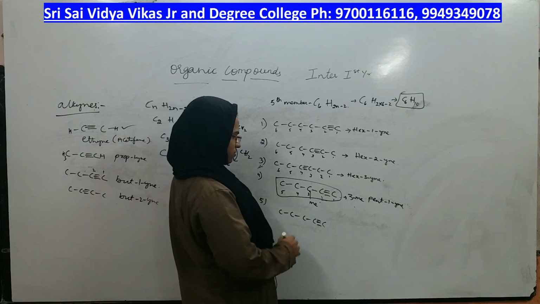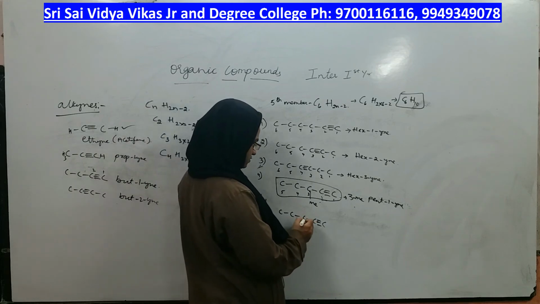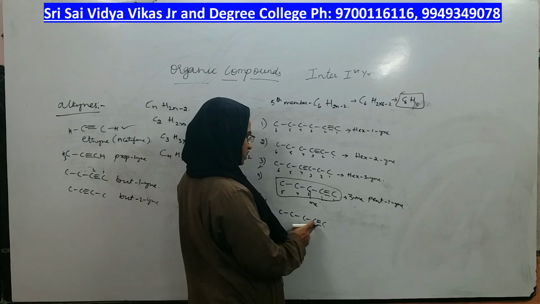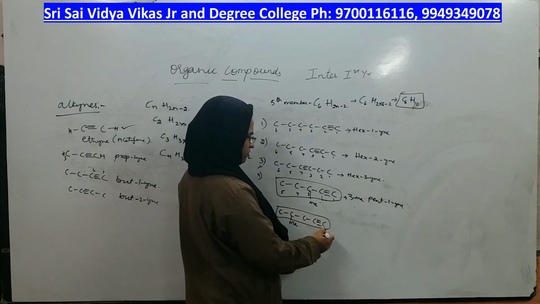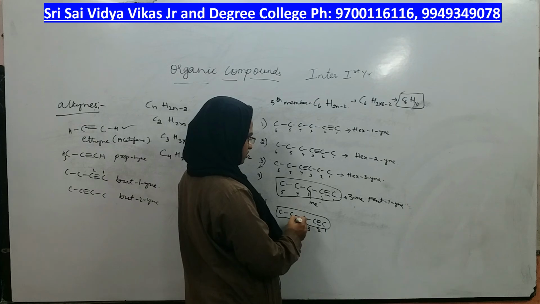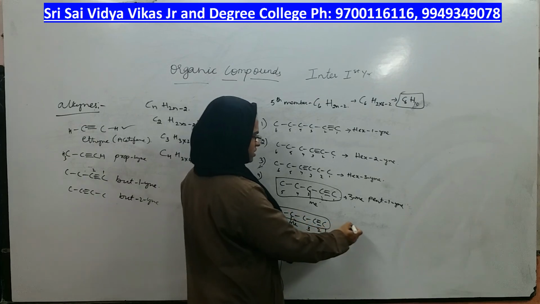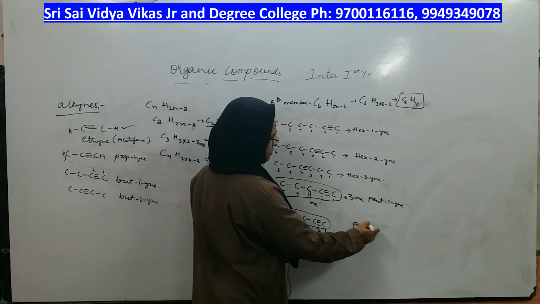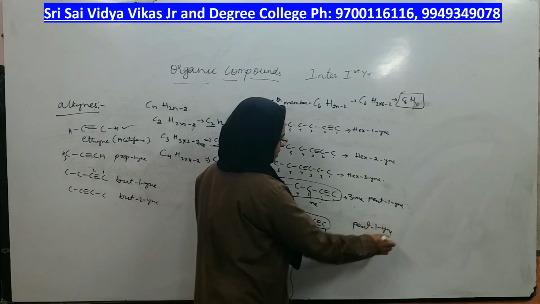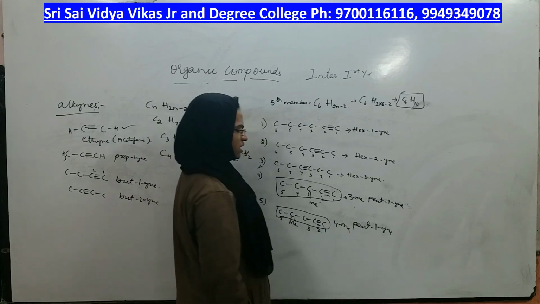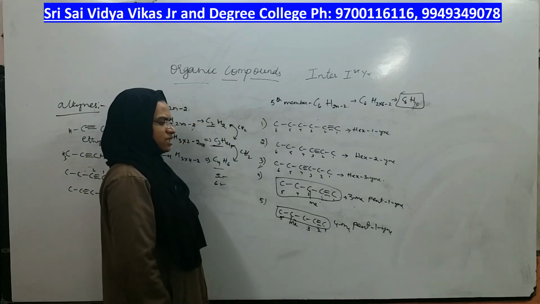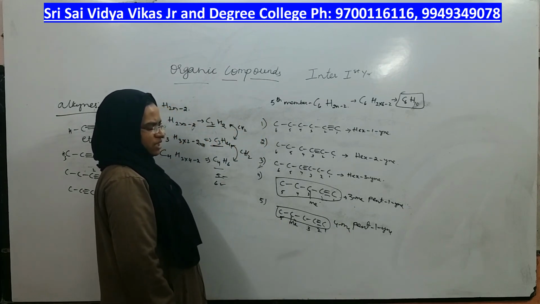Can I take 4-methyl pentyne? By keeping the triple bond here only, what I will do is 1 2 3 4 methyl pentyne. Is it possible? Yes. If this is the longest chain, 1 2 3 4 and 5. What is the name? Pent. Where is the triple bond? At first carbon only, pent-1-yne. Where is the methyl group? It is at fourth carbon. So 4-methyl pentyne is another isomer. 3-methyl pentyne is one isomer and 4-methyl pentyne is another isomer.